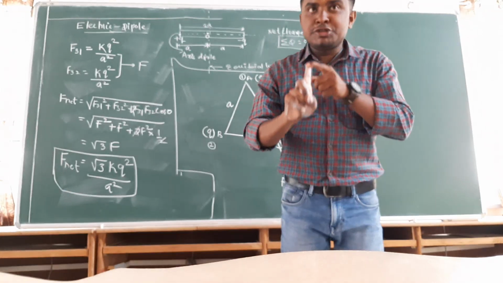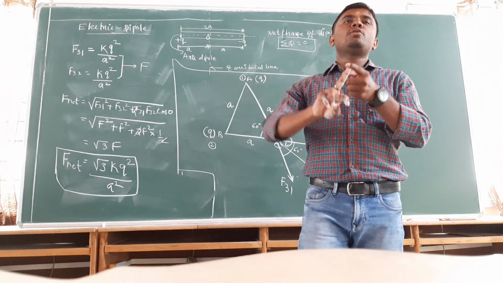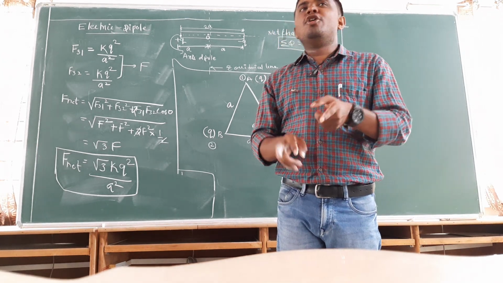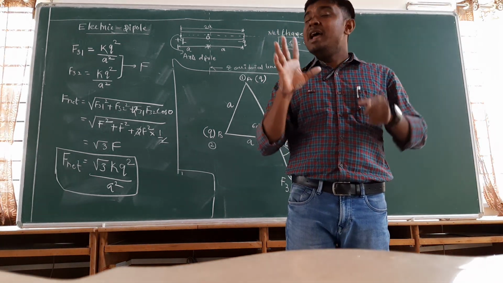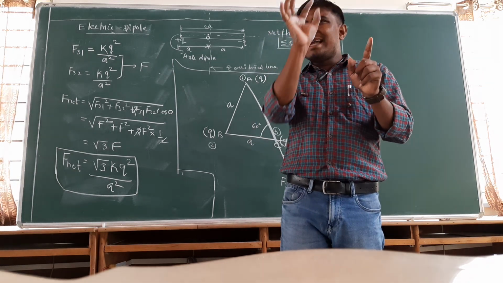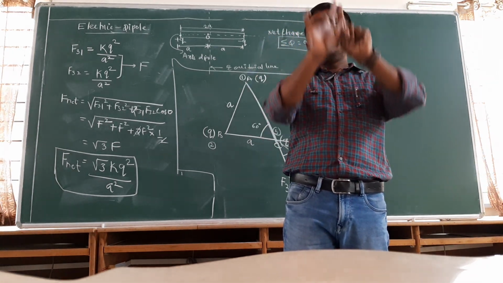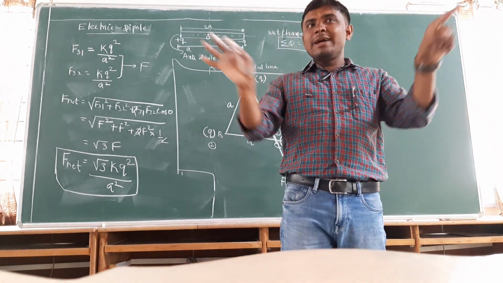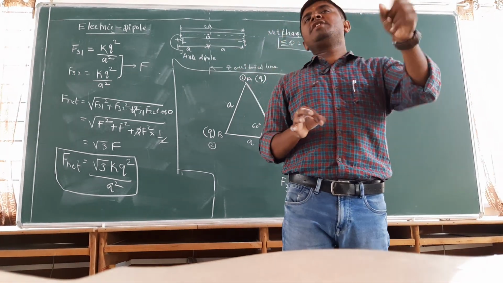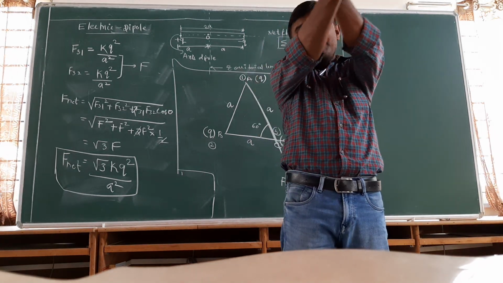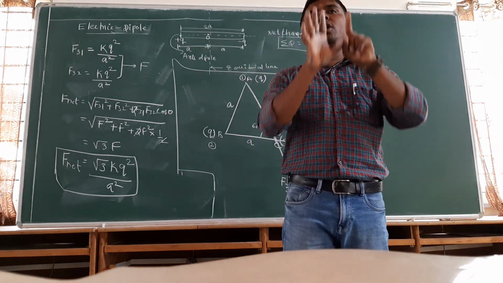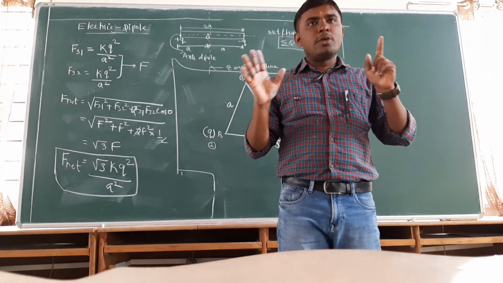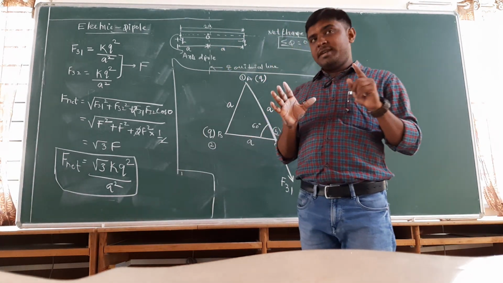Means, one more very, very important point. Either it is the calculation of force or the calculation of electric field, the net force at the center of any regular body, or net electric field due to any regular body at the center of that regular body, having the same magnitude of charge present at all the corners of that body, is always going to be 0. So I hope you all understood this concept.